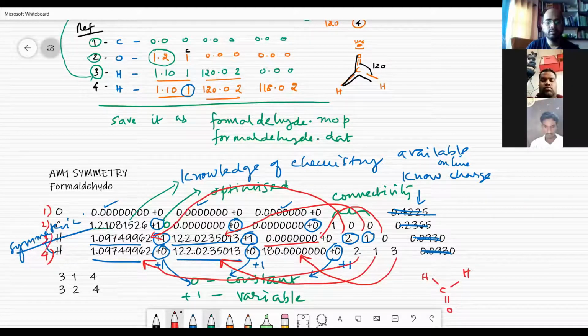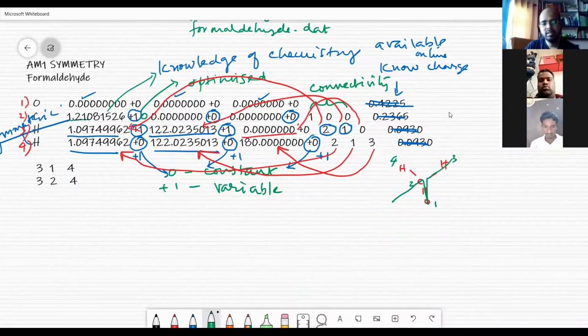This is atom 1, this is atom 2, this is atom 3, and this is atom 4. 3 length 180 degree means it goes quite opposite like this. So the hydrogen atom is not here. In the 2D structure it appears like this, but it actually comes here. So this is quite 180 degree, opposite.